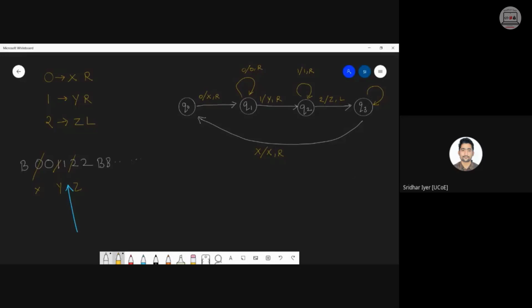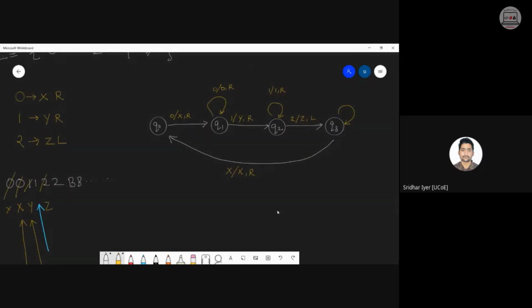So what we need to do is now we have reached till this X and move right. So my pointer is now pointing at this zero. Correct. So again, I will replace this zero with an X and move right. So again, this is an X over here. Now, while moving right, I have encountered this Y, but I don't want this Y, right? So I would simply add this as part of this loop. Y replaced by Y and move right.